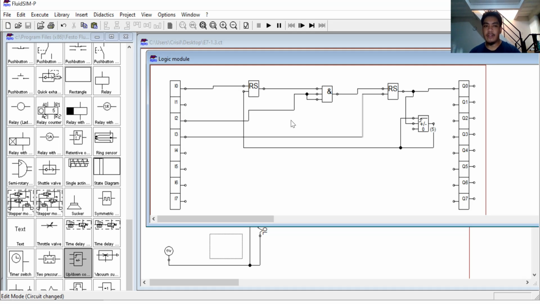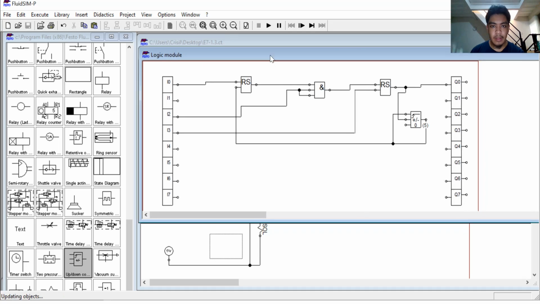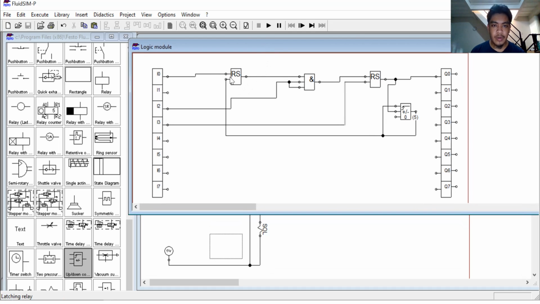Okay, now that we have already assembled our logic module, the logics that we used were latching relay,